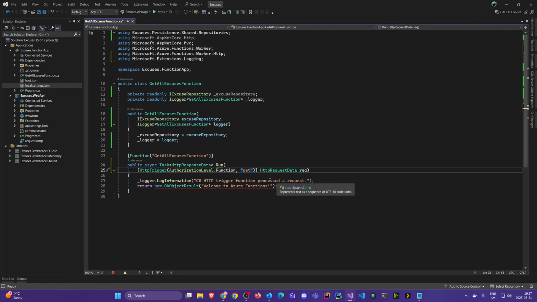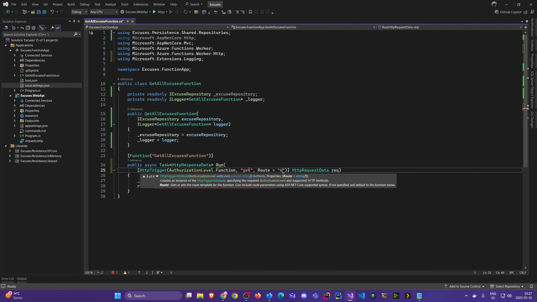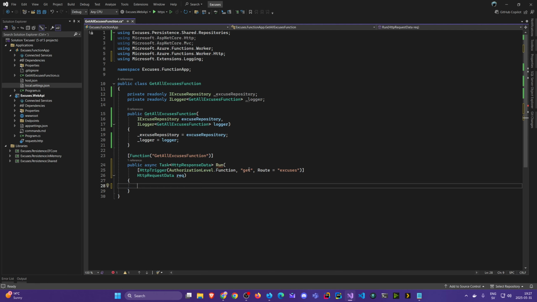And also we want to change the route. The default route would actually be the name. We can see that later when we generate the default one. I'm going to put a comma here and then I'm going to say route. And here it's going to be excuses. And now we can perhaps do it like that. It's a bit easier to read. Because now we can remove this. And now this will be very similar to how we did in